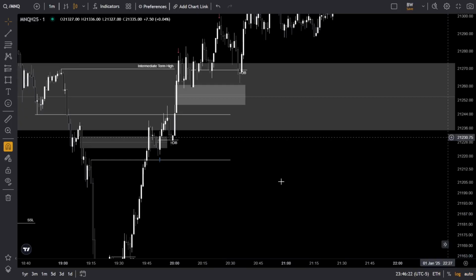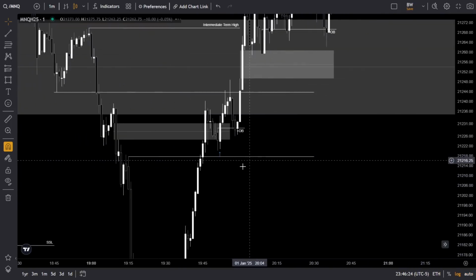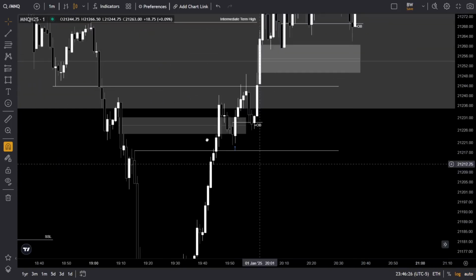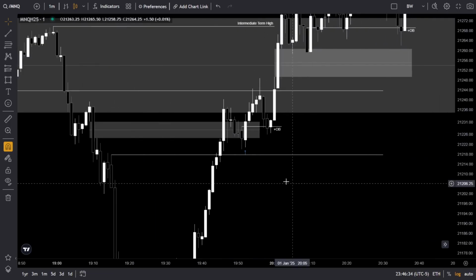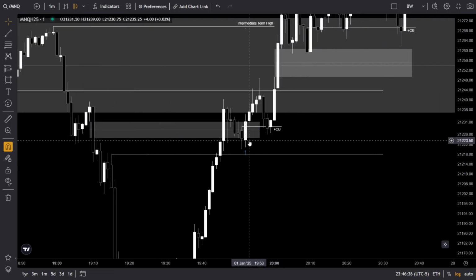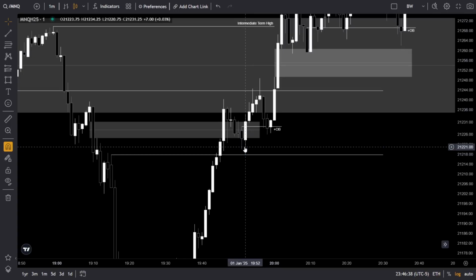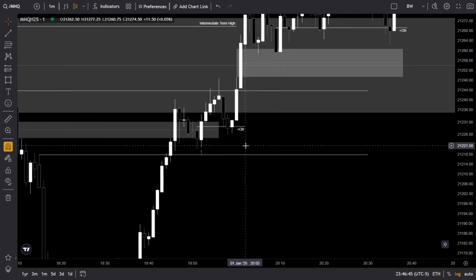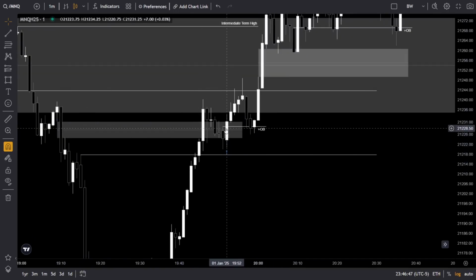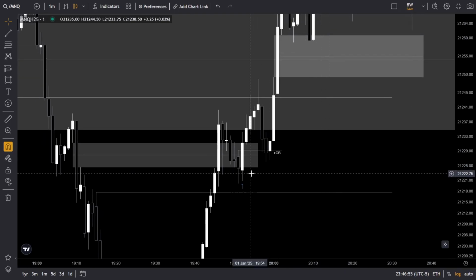And finally, I see price comes up to this buy side, this intermediate term high right here, which also has a SIBI right here, right? And once we come to that SIBI, I notice we trade back into it, but we don't trade below this SIBI. We don't have any strong candle closes below this SIBI, and SIBI stands for sell side imbalance, buy side inefficiency. So we don't have any candle closes, and then I see this order block formation, right? And we close above this candle's wick. When I see that, the model is just way too clear to me, and I have to take the entry